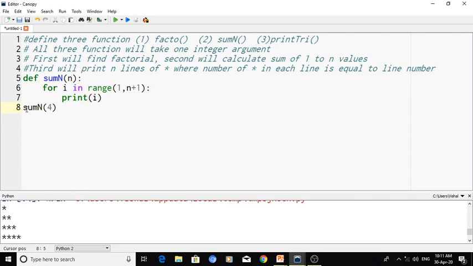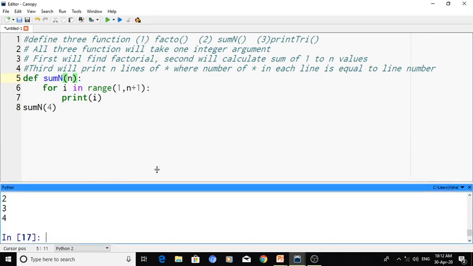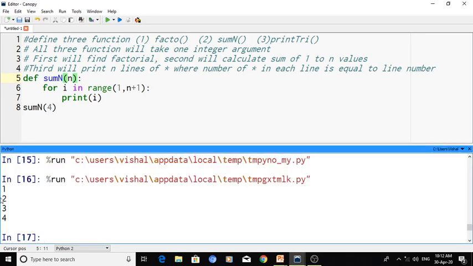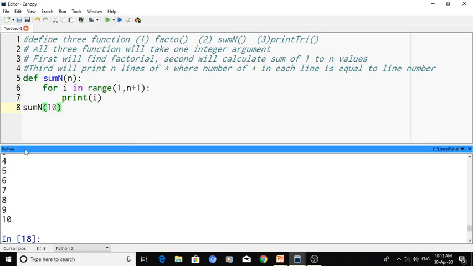Now this line number 8 is a call for the function. It will pass the value 4 to this n, then the loop will run n times. You can see 1, 2, 3, 4 is getting printed here. If I write 10 here, it is printing 1 to 10.